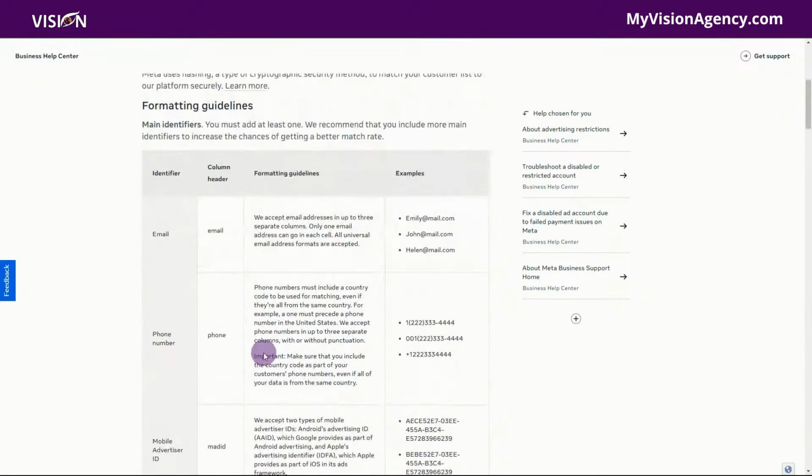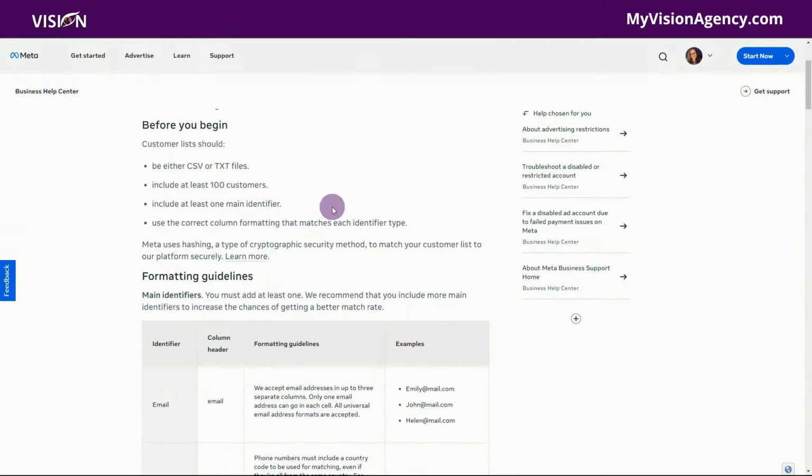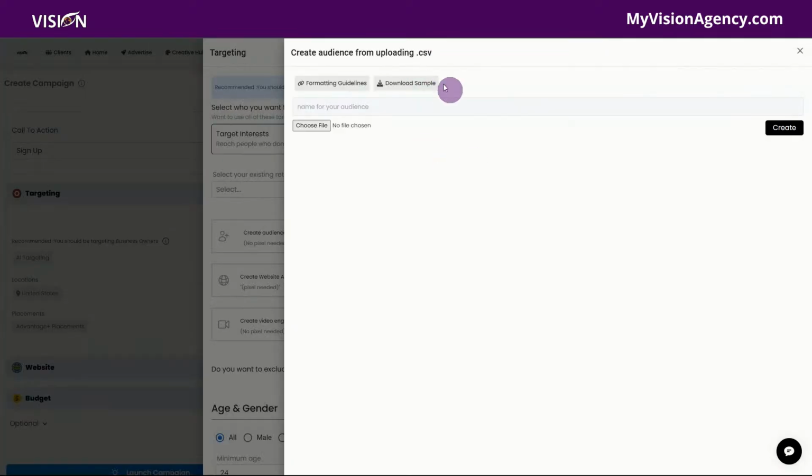Okay. So if you read through here, it'll tell you basically everything you need, but you need some identifying factors. It says that you need it to be in a CSV or a TXT file. No problem. We're going to download the CSV. It needs to have at least 100 customers. You can't really create a custom audience without at least 100 customers in your list. It also includes one main identifier like an email address or a phone number. Use the correct column formatting that matches each identifier. So that is what you'll see downloaded here